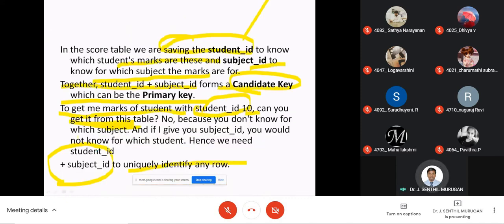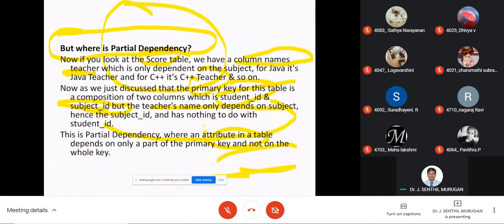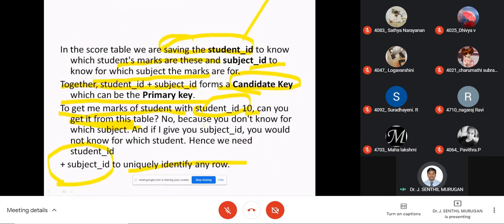Now, since it is a partial dependency, teacher is a partial dependency. We have to get rid of this partial dependency in order to make each row uniquely identified for the subject ID.